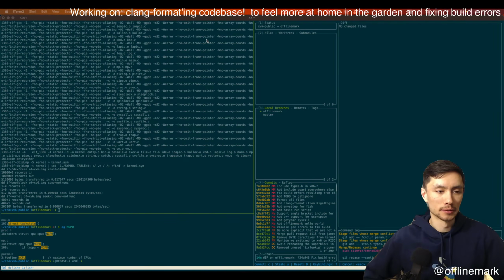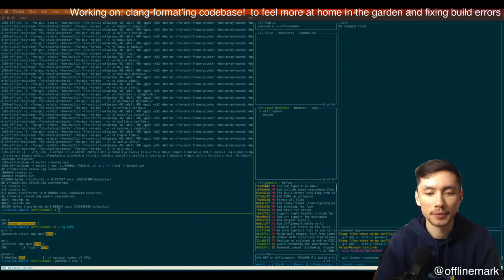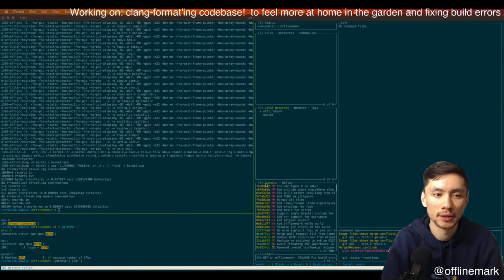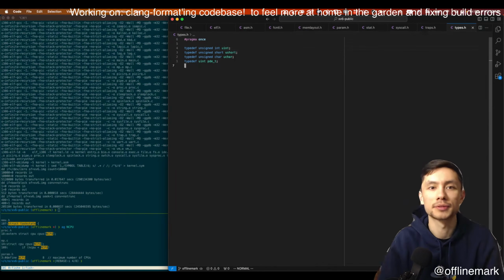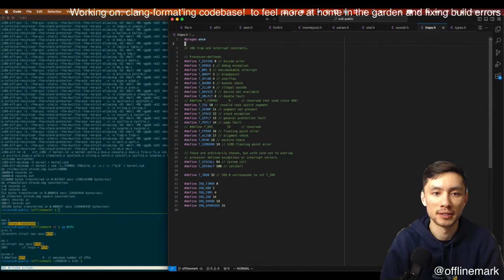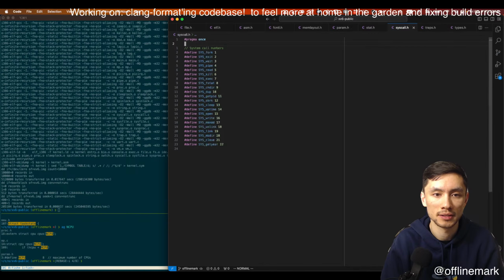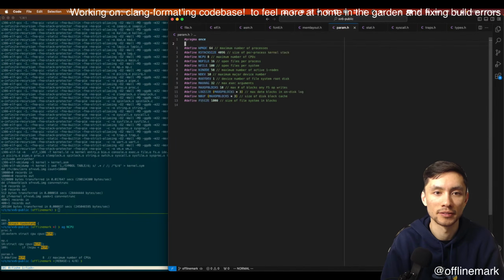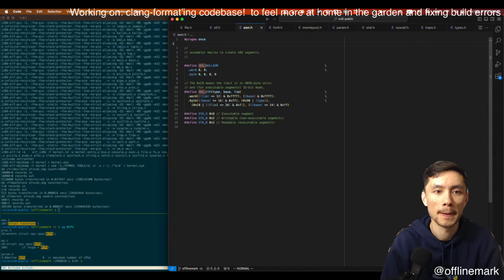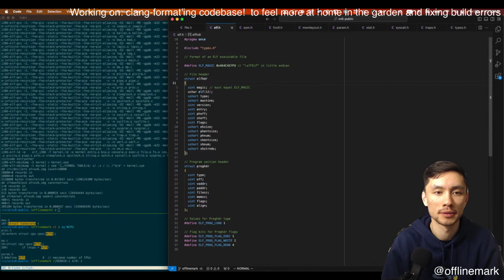All right. So that feels great because now we have officially a clang-formatted code base and nice, consistent style everywhere. Things are a bit cleaned up. These nice little structs with the braces.